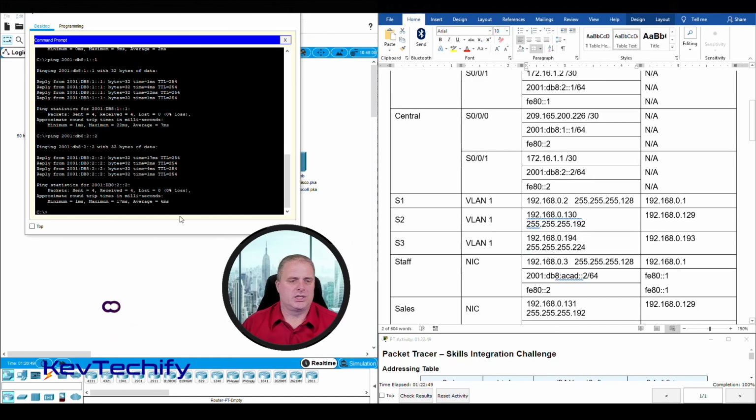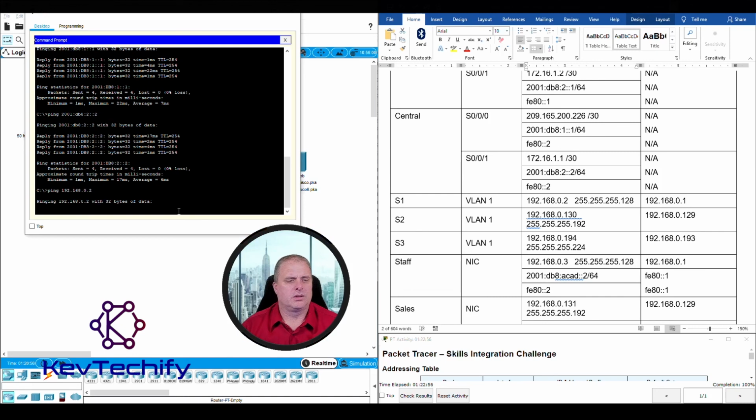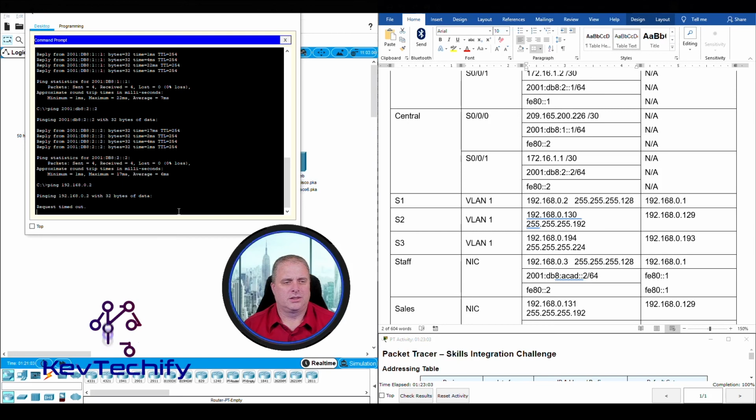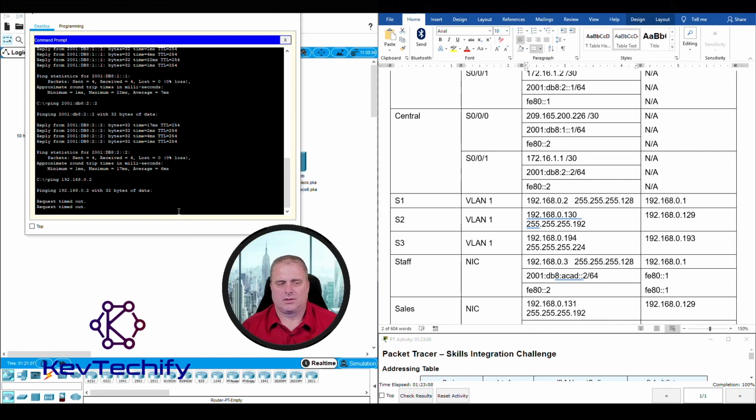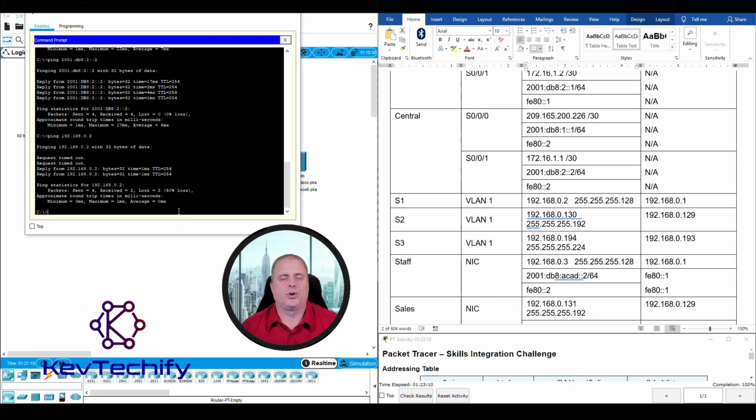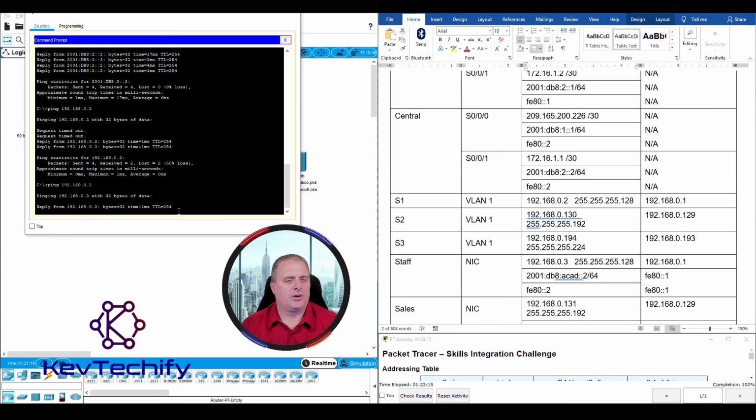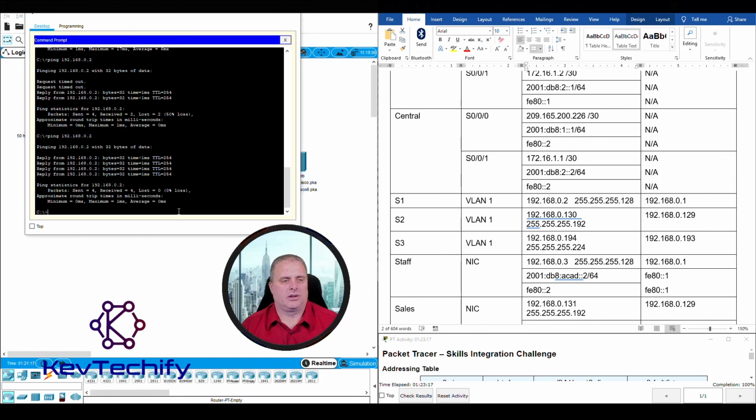Then we have our switches here. Let's go ahead and ping those switches. Ping 192.168.0.2. Okay, first one's gonna fail. Maybe the second one. There we go. Had to do ARP requests a couple of times to actually get us to working. If I repeat that command, up arrow, hit enter, all four are going to work because that address is in our ARP table. Let's go ahead and ping switch 2,